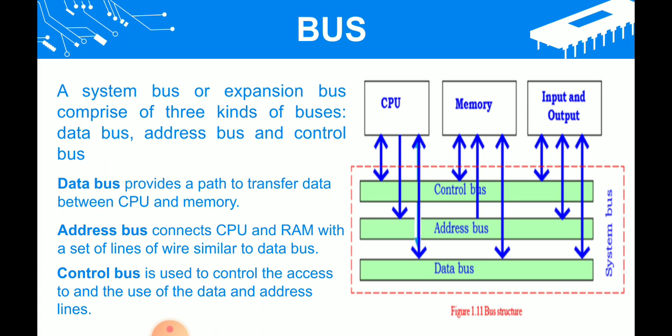Okay. This was about bus. So what I said about bus is, the data bus carries the data from CPU to other components and from other components to CPU. And the address bus carries address from CPU to memory. That is, the address of the data is stored in the memory and it can also be sent to input and output devices. The control bus carries the signals from CPU, memory and I/O units to each other.